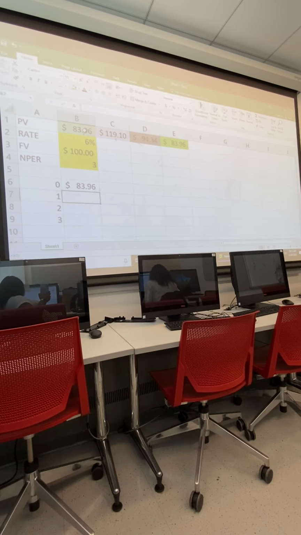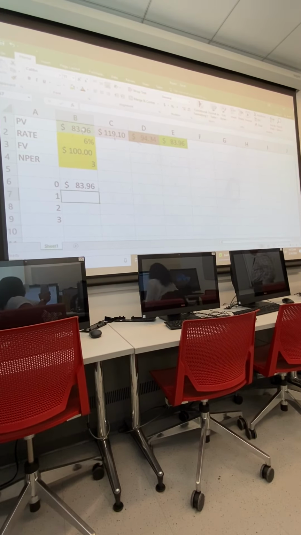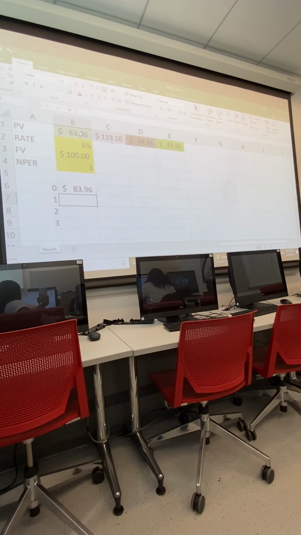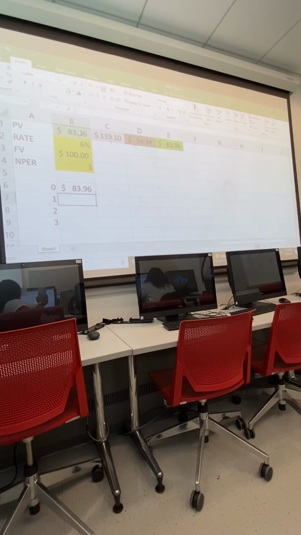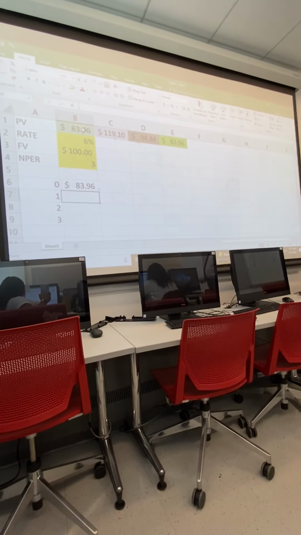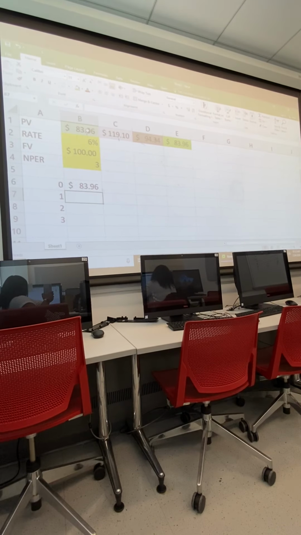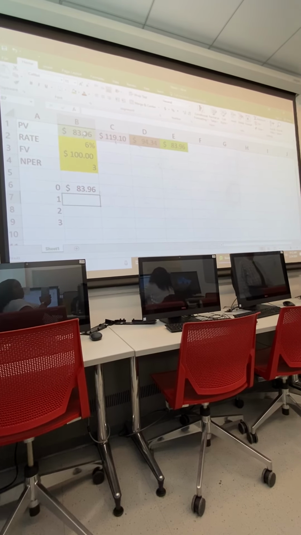As an exercise, I want you to be able to tell me that after 3 years, you will get $100 with 6%, if this is the case. So you start with this amount of